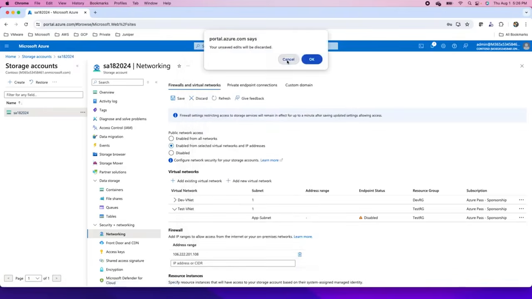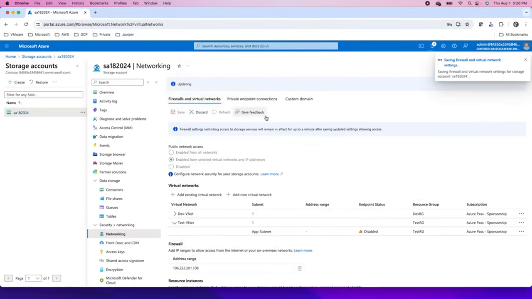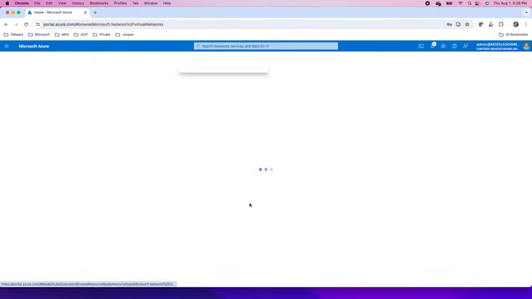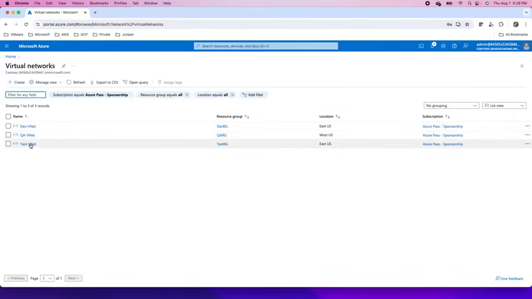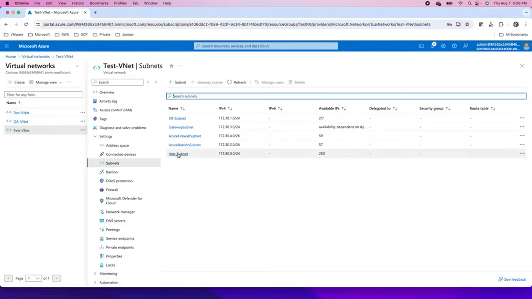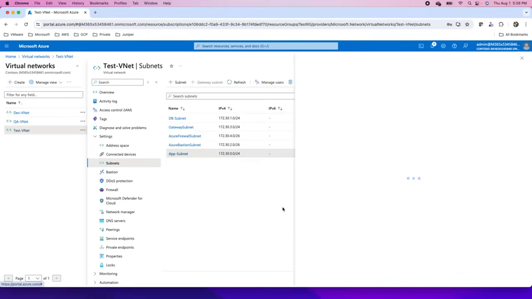Let me just save this configuration. And now I will jump to the virtual network, and in this test virtual network I will select the subnet where my server is. This is app subnet,